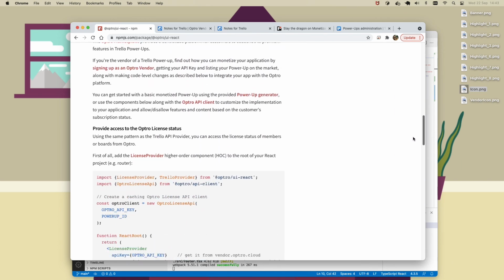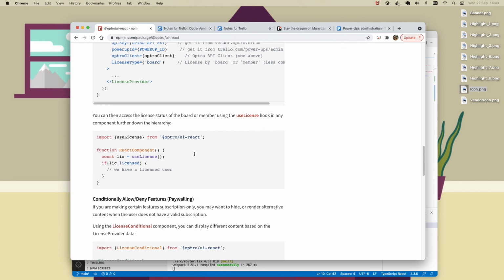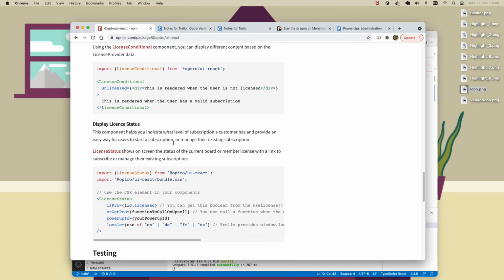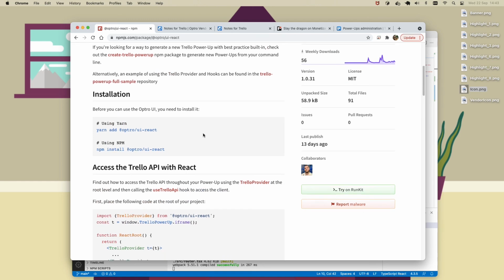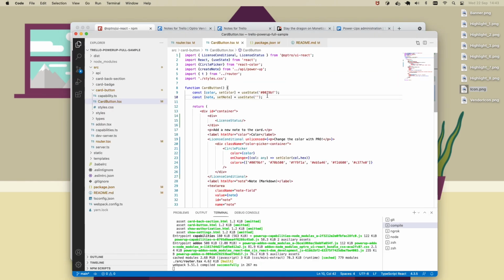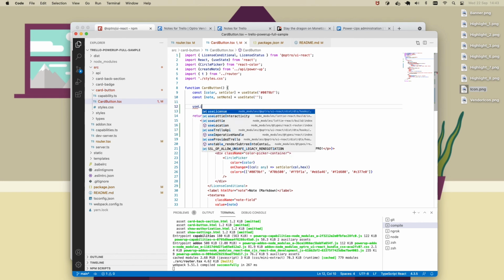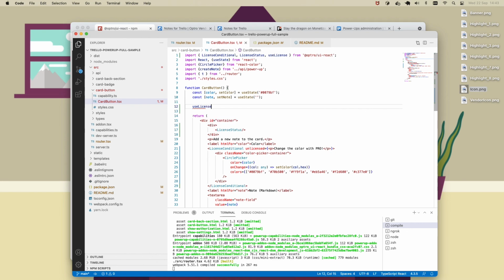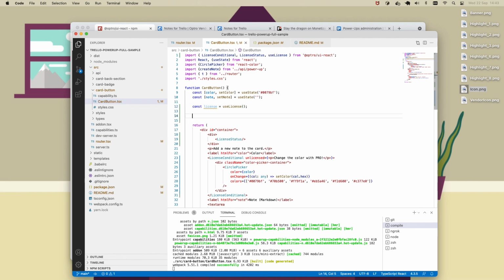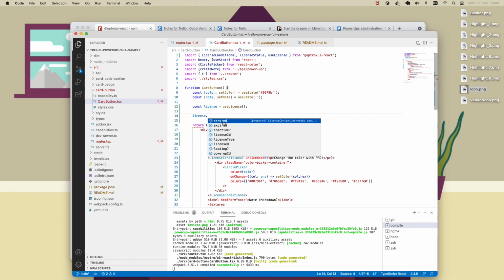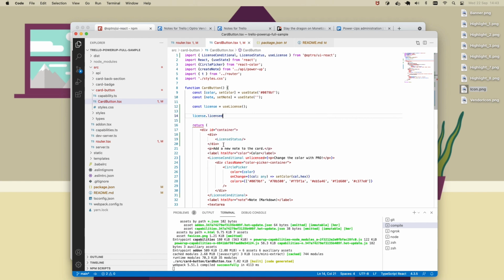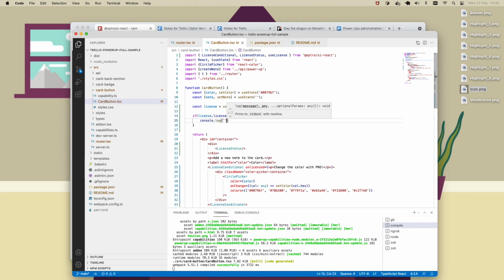Because if you scroll down the documentation, you'll see it explains how you can provide access to the monetization, how you can conditionally allow features, displaying it. But also one of the features that will come in handy would be to use the hooks here. So I can use a hook called use license. And what this lets me do is get direct access to the license state. So if I said, this license is licensed, I could do, if the user is licensed, I can print something nice,